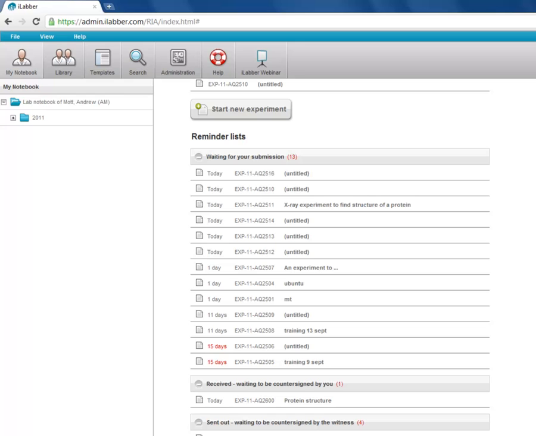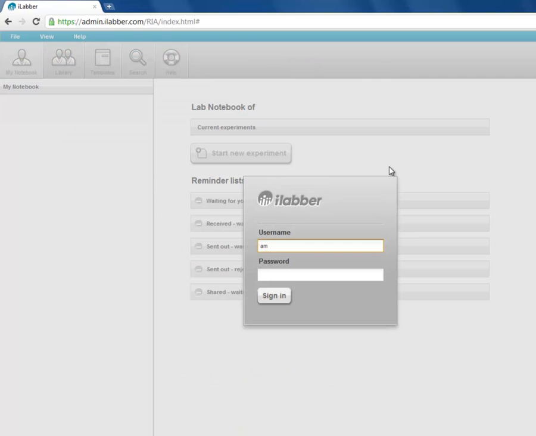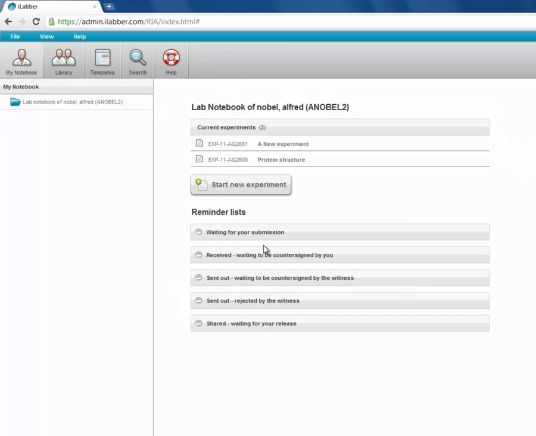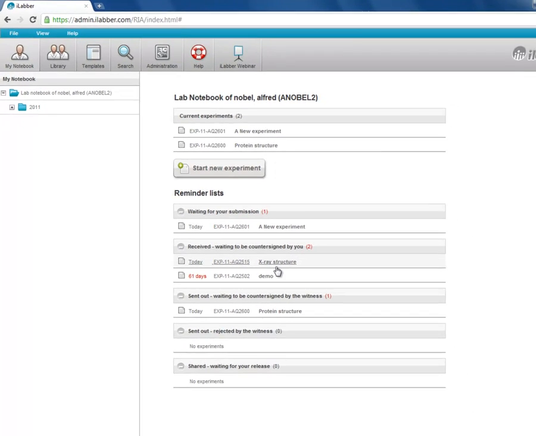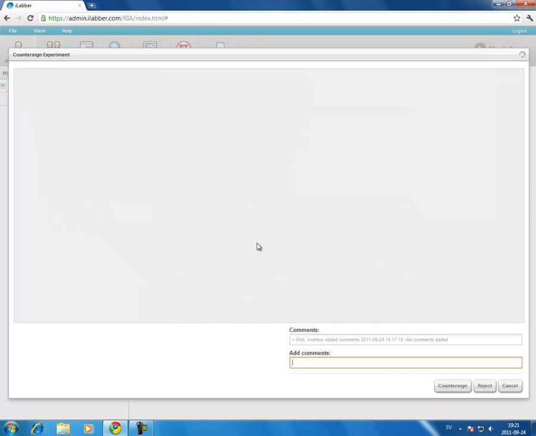So let's now go and log out and log in as the witness. So if I log out, log in as the witness, that experiment is now here waiting to be countersigned by you. The witness clicks on this link,